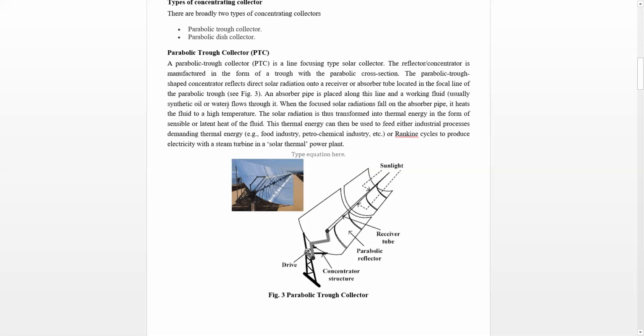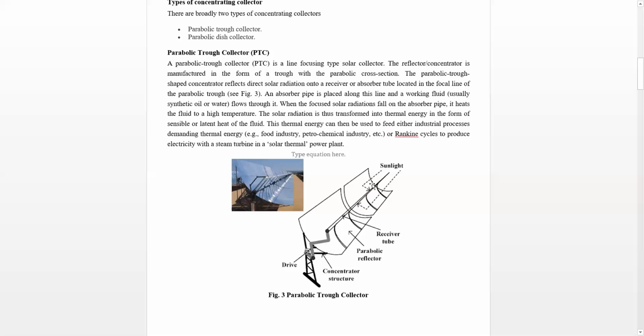An absorber pipe is placed along this line, and a working fluid, usually synthetic oil or water, or sometimes molten salts, is used. So this fluid flows inside these absorber tubes. When the focused solar radiation falls on the absorber pipe, it heats the fluid to a high temperature. The solar radiation is thus transformed into thermal energy in the form of sensible or latent heat of the fluid. Since the temperature reached in a concentrating collector may be as high as 200 or 300 degrees centigrade,